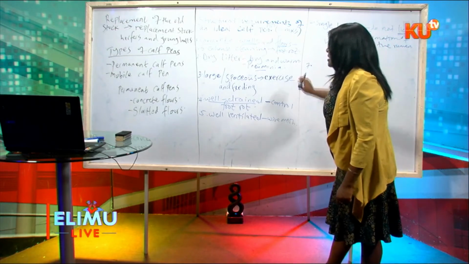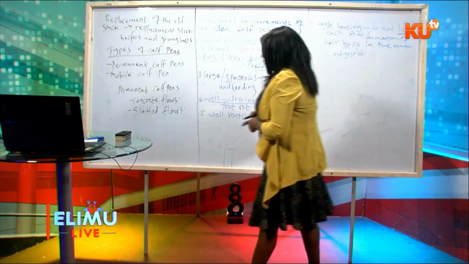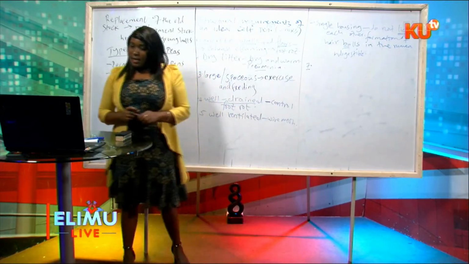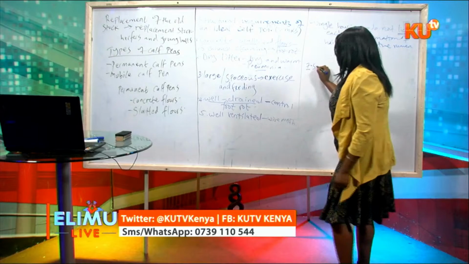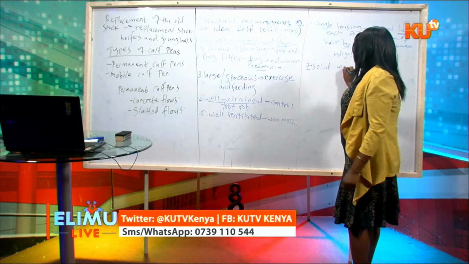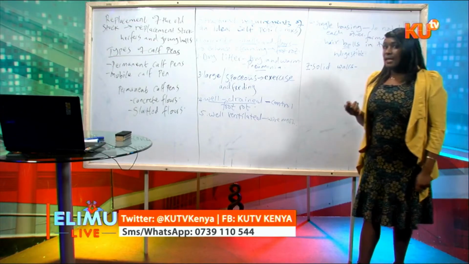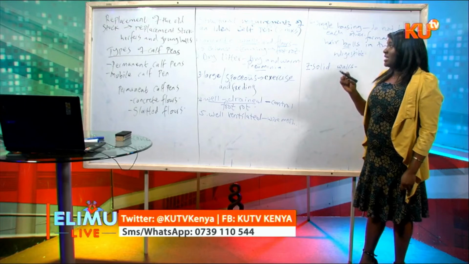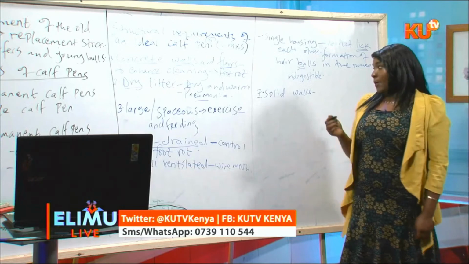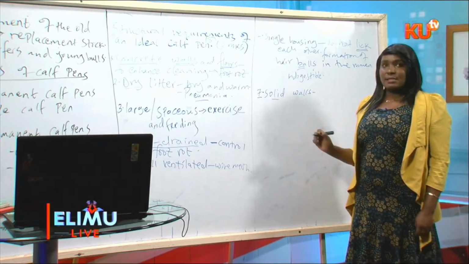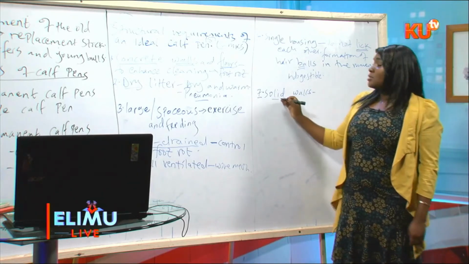Yeah, so point number 7 involves the idea of solid walls. When you're constructing a calf pen, ensure that the walls are solid, especially at the point where there's a lot of strong wind coming from. So we need solid walls, especially at the sides where the strong winds are coming from. And these solid walls